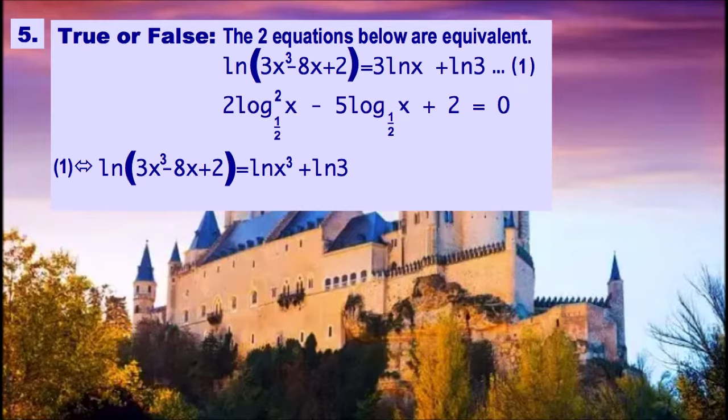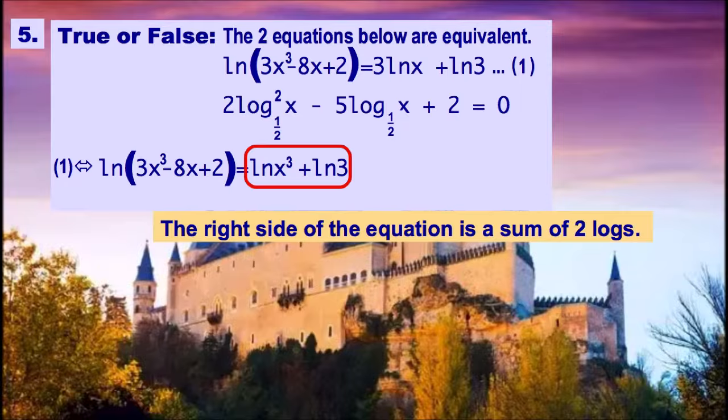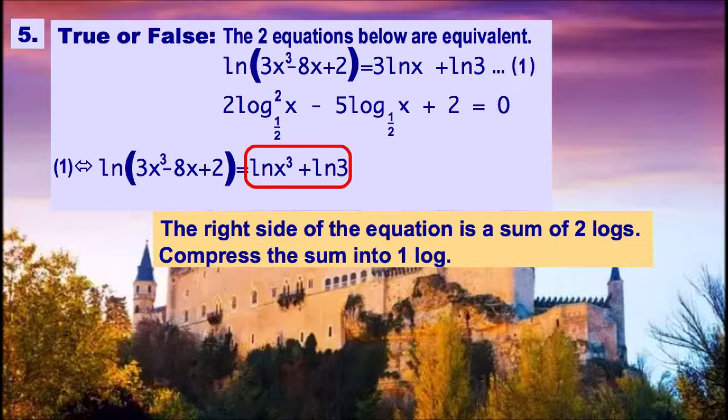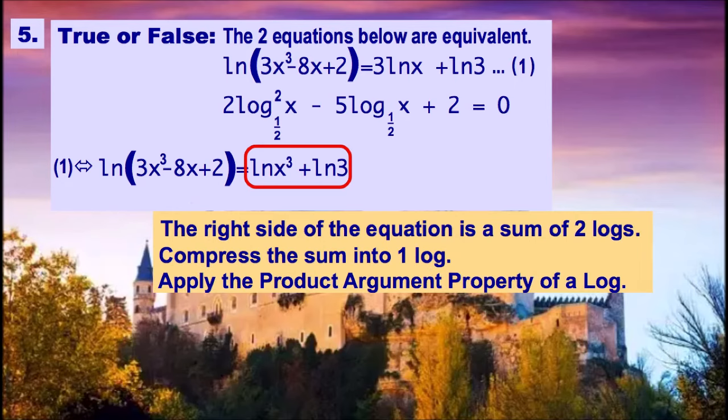Let's work with the first equation. First equation equivalent to what we just read it as, but one quick step we did here, we pulled up the 3. The right side of the equation is a sum of 2 logs. Compress the sum into 1 log. Now, how do we do that? We apply the product property of a log,